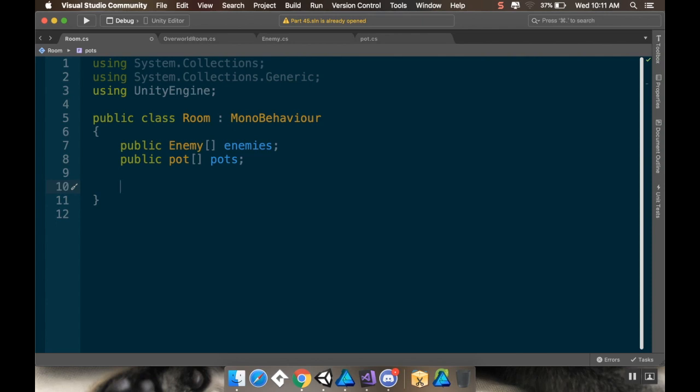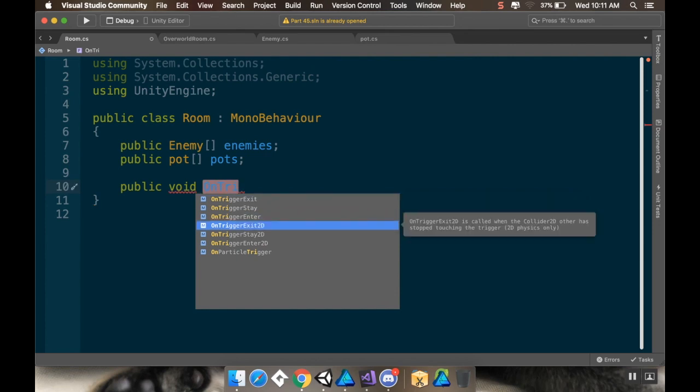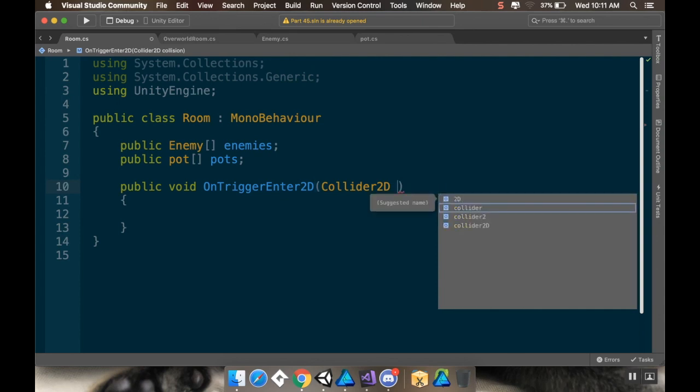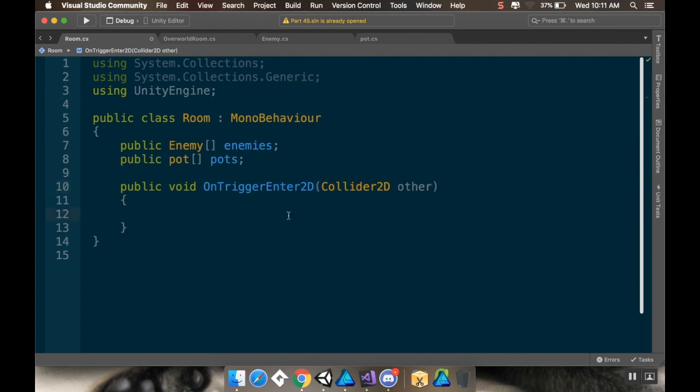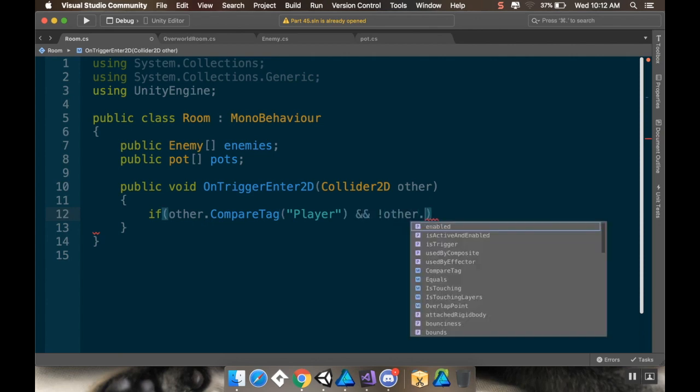So since I'm already going to need to do that to make things active, I might as well just have everything be in here. So what I'm going to do is I'm going to make an on-trigger enter 2D and an on-trigger exit 2D method. So first, public void on-trigger enter 2D, and like always I'm going to change this to other. So I want to check to make sure that it's the player and that it's not the trigger version of the player. So if other dot compare tag player and not other dot is trigger,